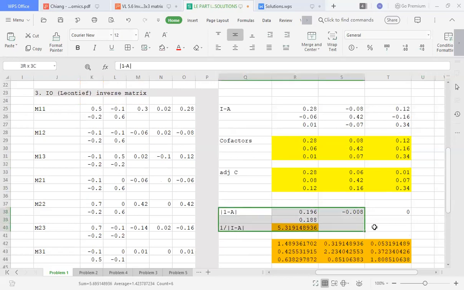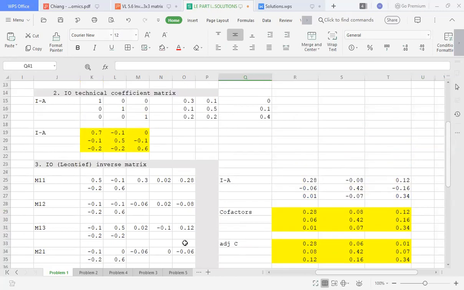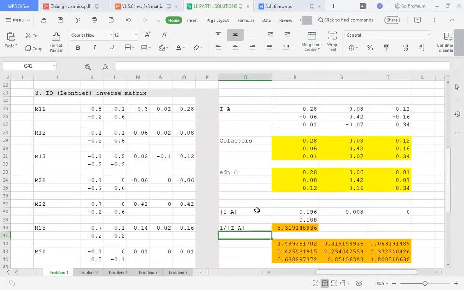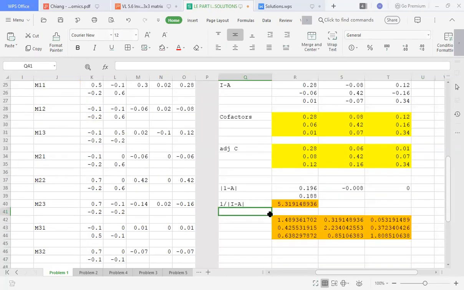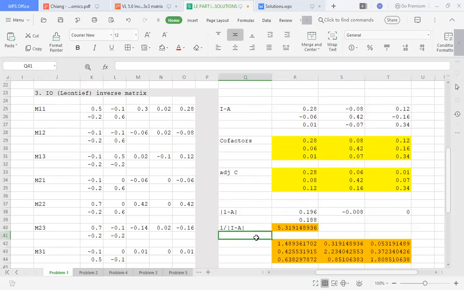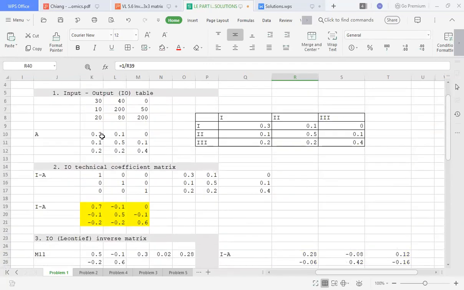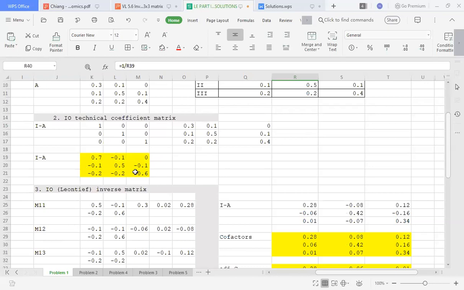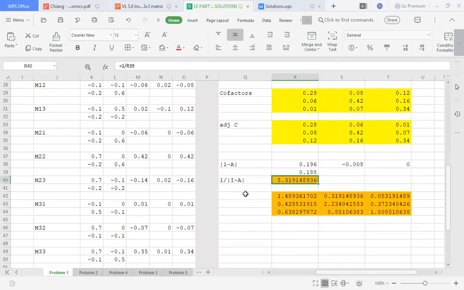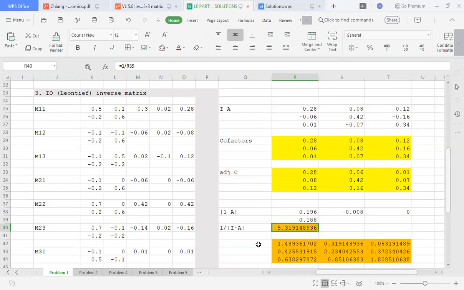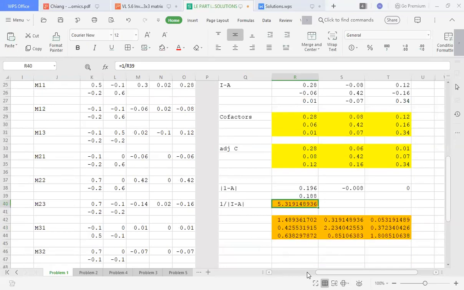Now, this part right here, class, I'm just getting the determinant of this matrix here. Take note, this is the Leontief inverse. So if you're getting the determinant, it is not the determinant of this matrix here, but rather I minus A. Okay, so what else? After that one,